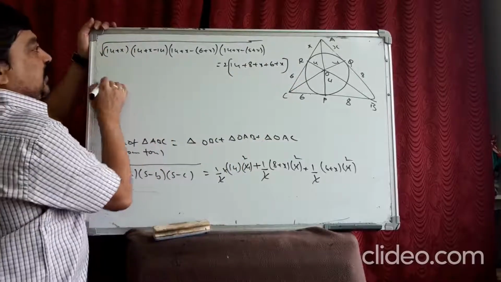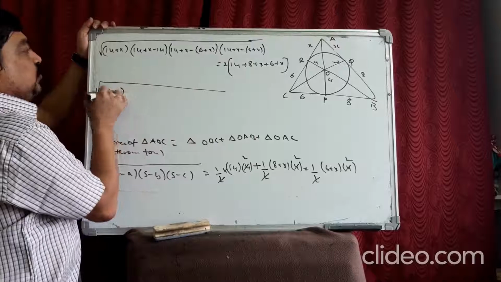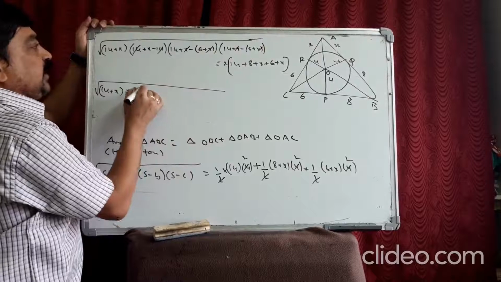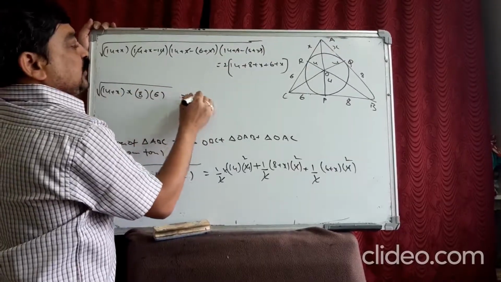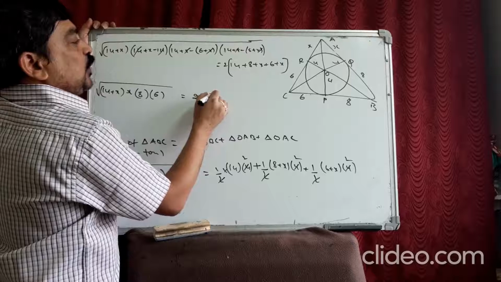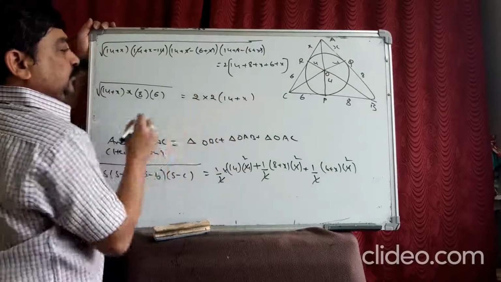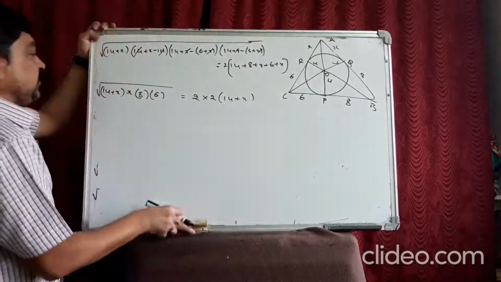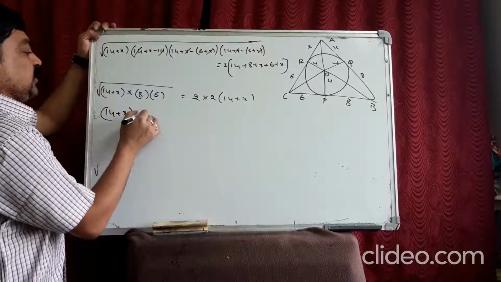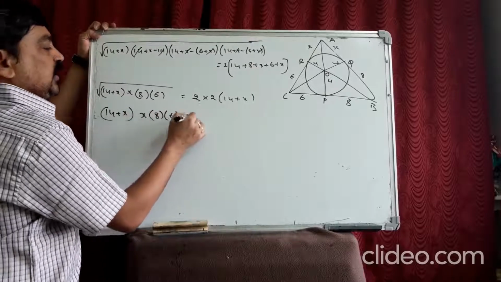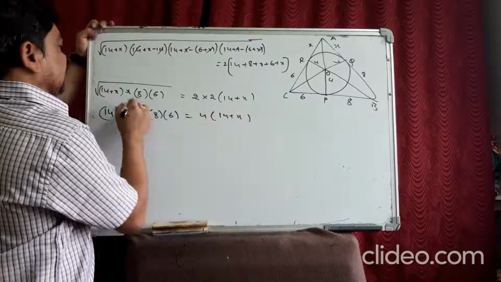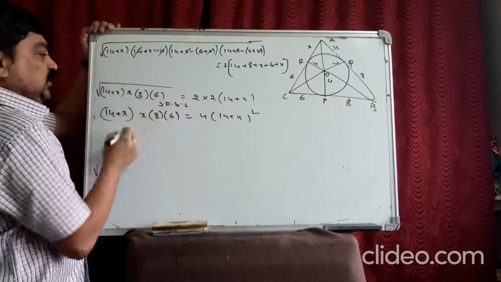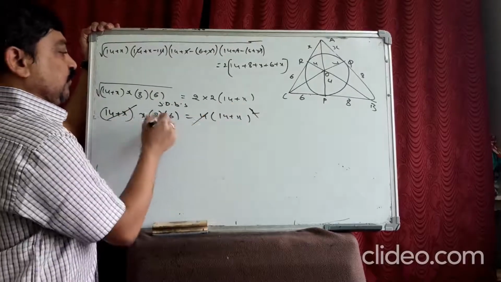Now the left hand side becomes again 14 plus x into, here 14 gets cancelled, x gets cancelled, here also x gets cancelled, it becomes 8 into 6 is equal to 2 into, again you can take 2 common here, it becomes 14 plus x again. Now left hand side it becomes 14 plus x into 8 into 6, it becomes 4 into 14 plus x whole square. When you square on both sides, squaring on both sides,